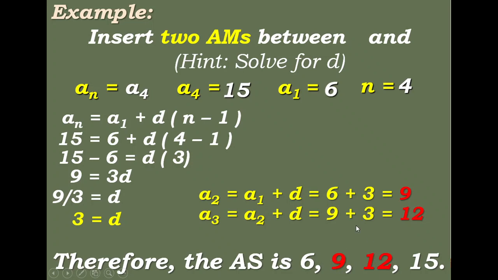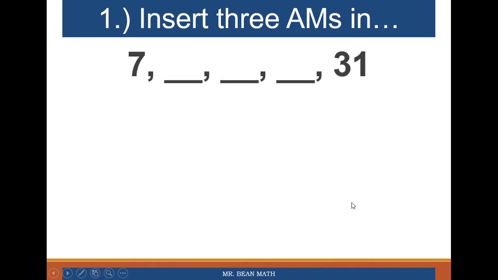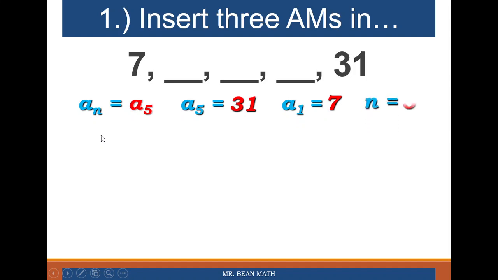Now let's try the following. For number 1, insert 3 AMs between 7 and 31. So there are 5 numbers in the arithmetic sequence. Thus, a sub n equals a sub 5, which is our last term 31, a sub 1 which is our first term 7, and n which is 5 or the total number in the arithmetic sequence. Now using the formula to solve d,